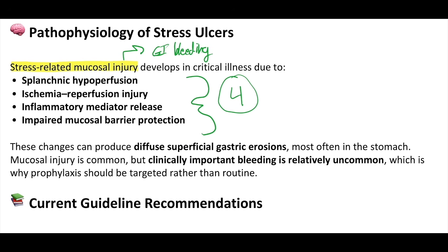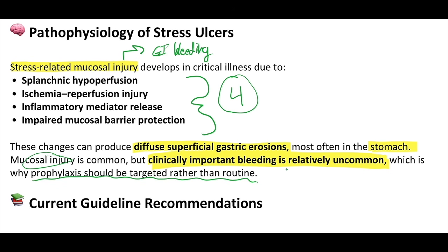So these changes can produce these kind of diffuse superficial gastric erosions. That's most commonly in the stomach. And mucosal injury is common in critically ill patients, but clinically important bleeding is relatively uncommon. All right, so many critically ill patients get some degree of mucosal injury, but many fewer patients actually get bleeding from this mucosal injury. And this is why prophylaxis has become something that we think should be more targeted rather